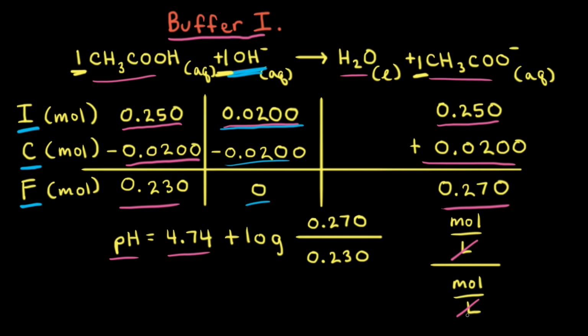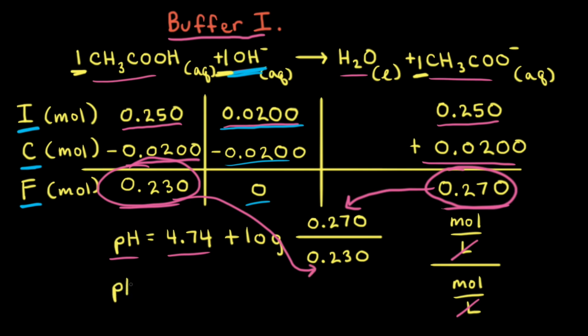So a ratio of the moles is the same thing as a ratio of the concentrations in the Henderson-Hasselbalch equation. And we can get our moles directly from our ICF table. So the moles of the acetate anion are equal to 0.270, and the moles of acetic acid is equal to 0.230. And when we solve for the pH, we find the pH of the solution is equal to